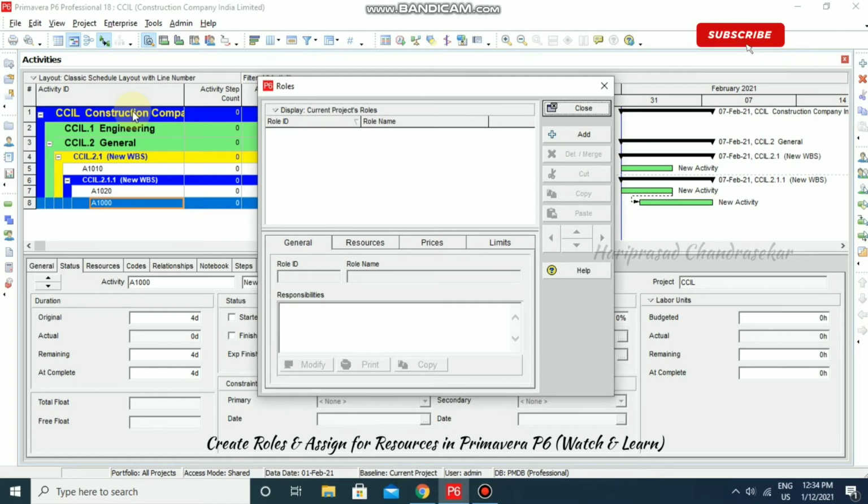So like this you can create a set of roles which we can assign to our resources and activities in our projects in our enterprise. You can establish an unlimited number of roles and organize them in a particular hierarchy for easier management and assignments. So based on that we can easily assign them to our resources. The set of roles that you assign to any particular activity defines the activity's skill requirements.